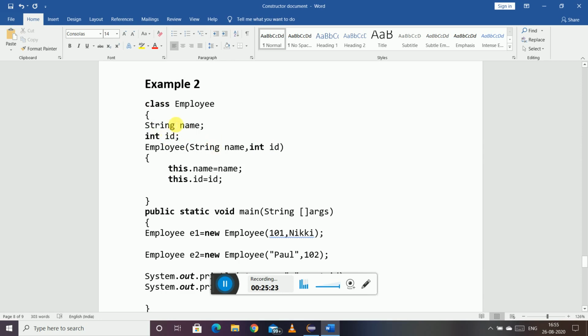So to initialize these variables name and ID, we use this keyword. Okay, and how we do that? this dot name equals name, and this dot